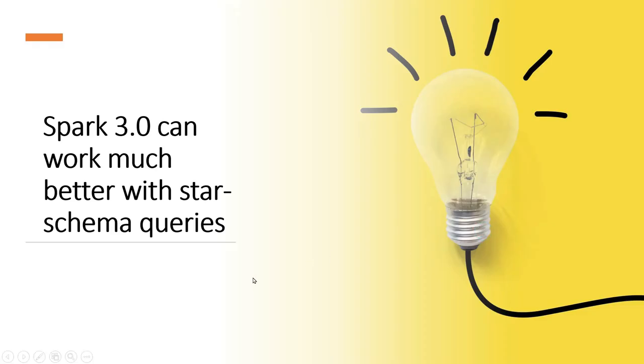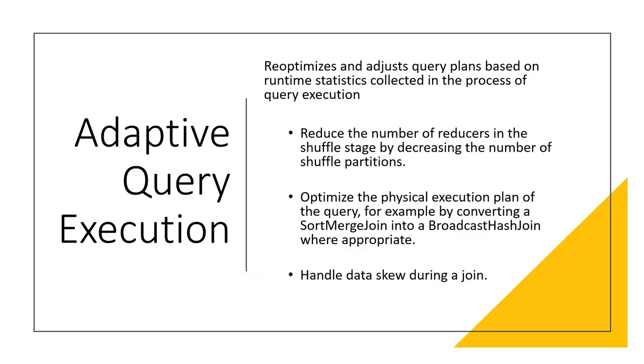So this will help in star and snowflake schema kind of scenarios. Typically most of the people are trying to build a data mart or trying to do reporting on a big data solution and they are building star or snowflake schemas. So it's not a typical denormalized data model. So how do we improve on that? We can use this dynamic partition pruning and it will really help in terms of our performance on star schema queries.